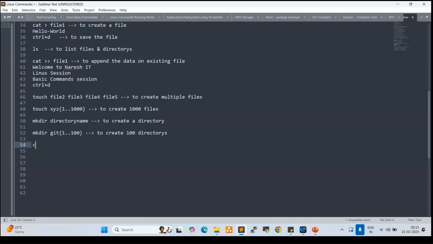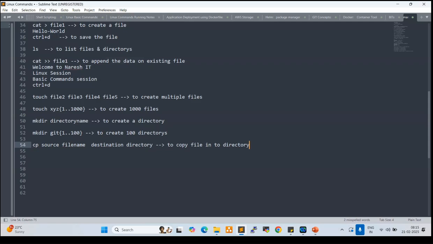So cp, source file name, space, destination directory. That is to copy a file into a directory.